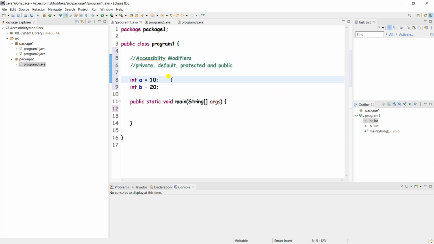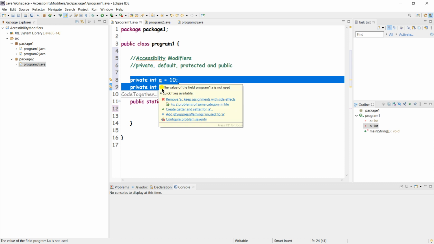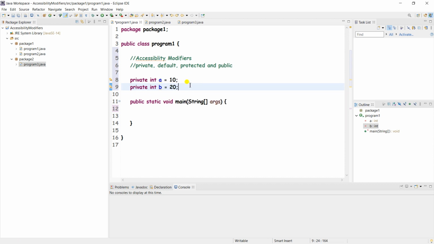Firstly we will take private modifiers. We will declare as private, right? Now these both variables a and b are private variables because we declared these variables by using this private keyword, right? Okay, now we will create an object of this class.